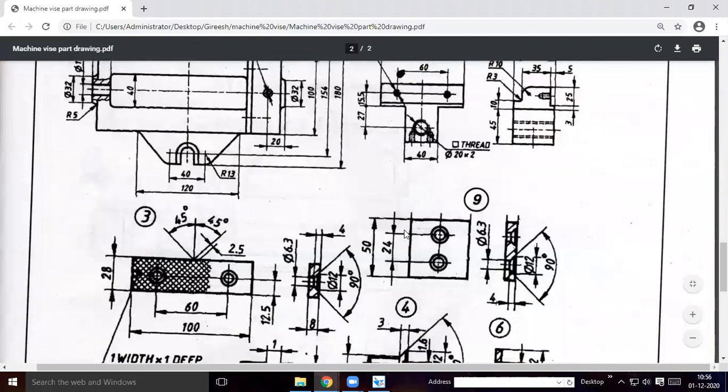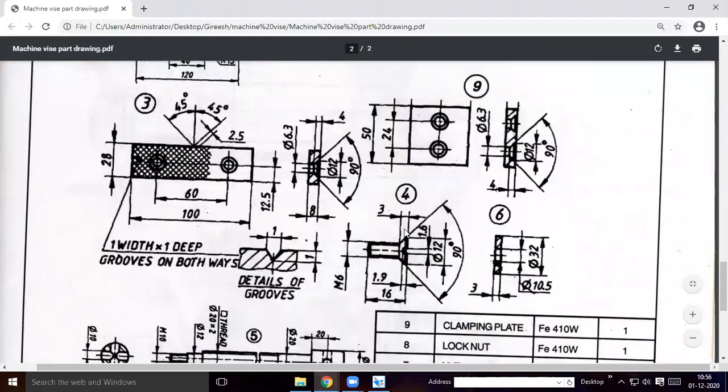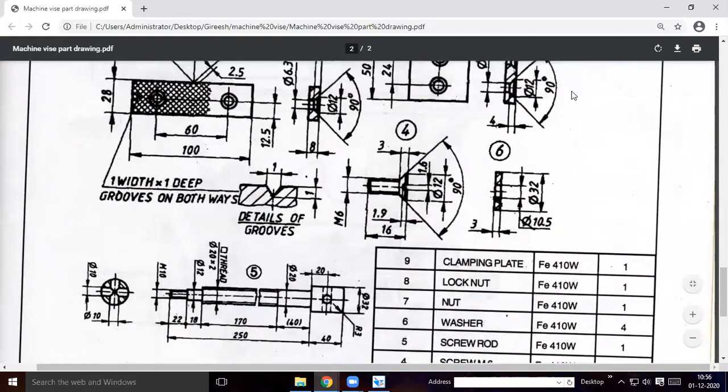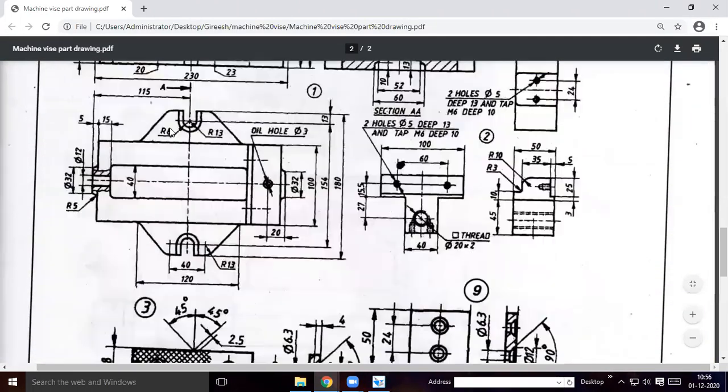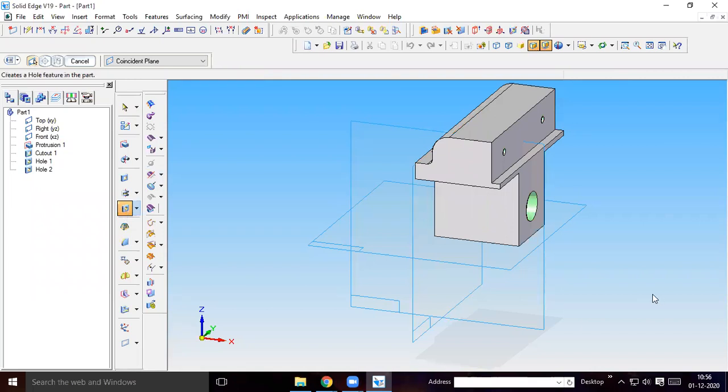At the bottom, you see the holes are 24 mm apart. So here select the hole option, and you have to select the bottom.